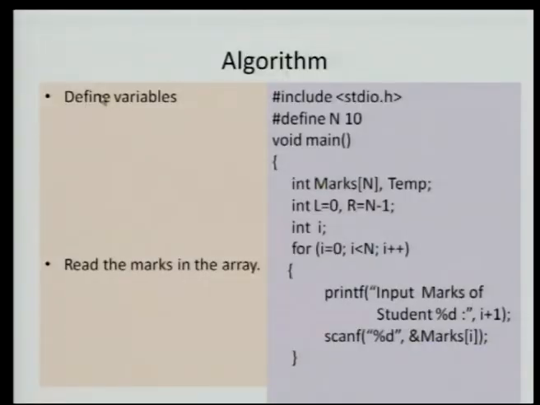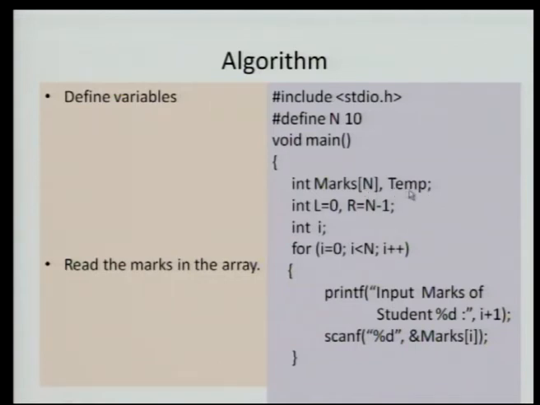First thing is, whenever you are trying to do anything, we have developed the program itself. So first is defining the variables which you are going to utilize within the program. This include stdio.h is a preprocessor statement, it has nothing to do with it. But here we are doing n. N is the maximum value we are assuming, the number of elements in an array, which we assume to be 10. And then we have defined the array of size 10, which happens to be n here.